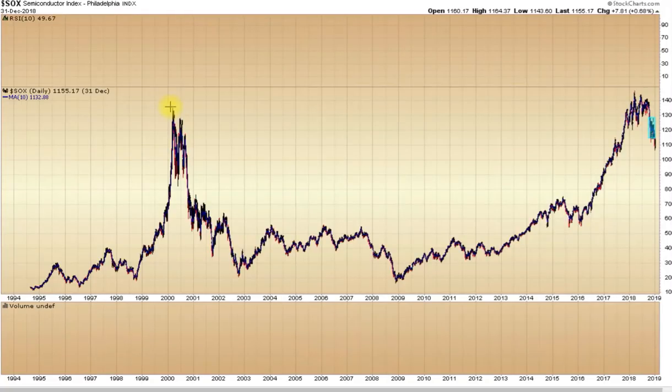This top has been in place for going on 19 years now. So this isn't going to last forever. We're going to get a breakout above this level. And I think this pullback is just about over. Like I said, we may get a move back down again in the spring, but once that is done,